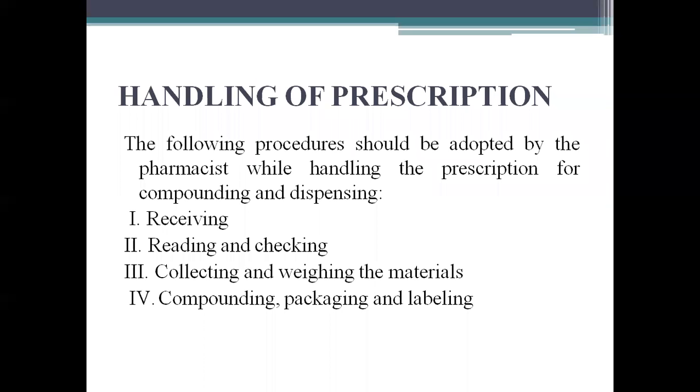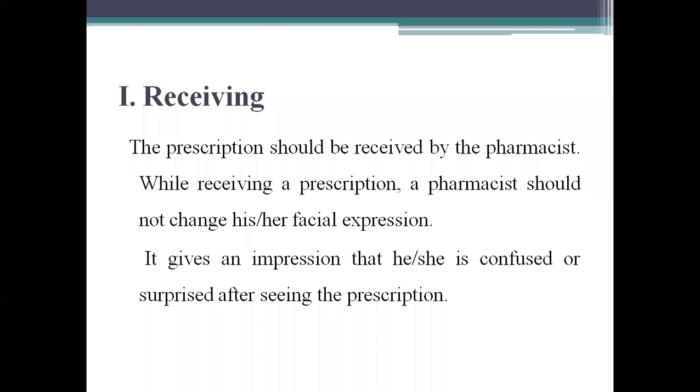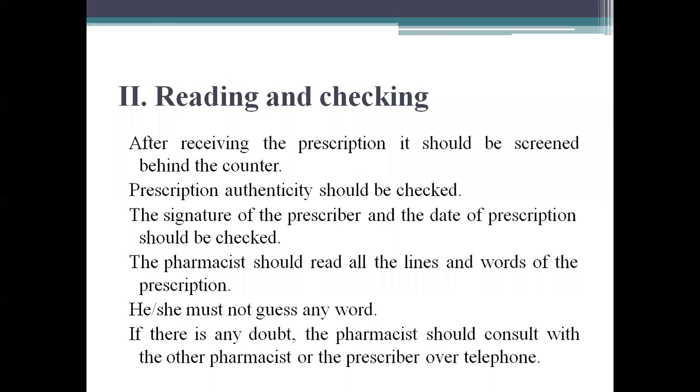Then we have the handling of prescription, and we discussed 4 points of handling of prescriptions. In that, the 4 points are receiving, reading and checking, collecting and weighing the materials, compounding, packaging, and labeling. In that, we have discussed how the pharmacist should receive the prescription. He or she should not change facial expressions while receiving the prescriptions. We said that. And reading and checking, how to read the prescriptions and what to check in the prescription, also discussed